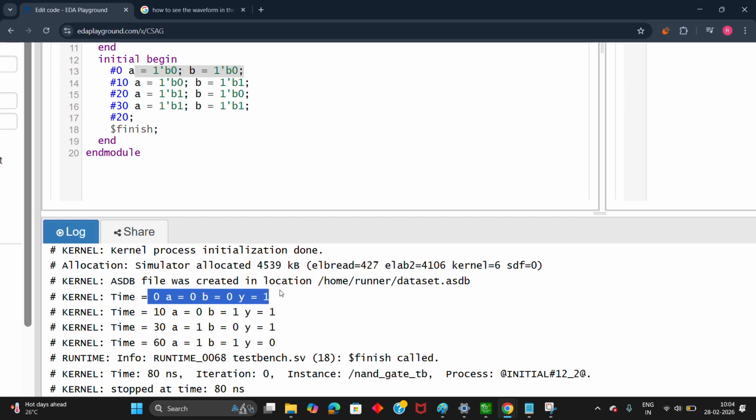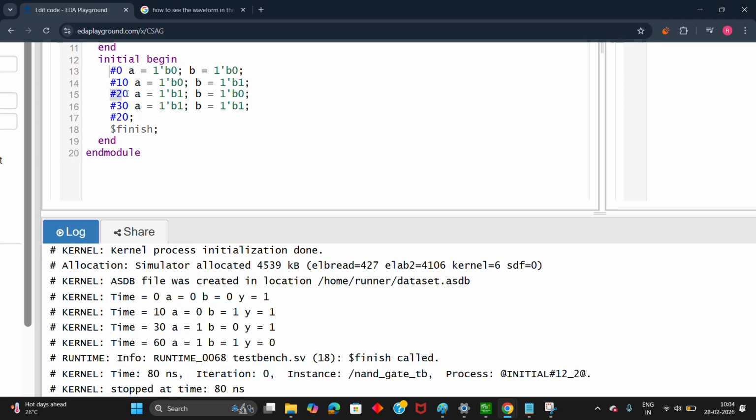In the previous video I was mistaken while discussing the NOT gate. I told you that at 10 nanoseconds point of time, no, after 10 nanoseconds of time. After 10 nanoseconds of time from 0, obviously it will be equal to 10 nanoseconds, right? At 10 nanoseconds you are going to apply a equal to 0 and b equal to 1, and you are going to observe the output y equal to 1, right? So when you see the third case,